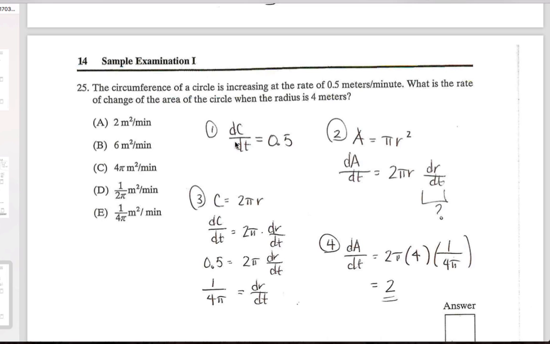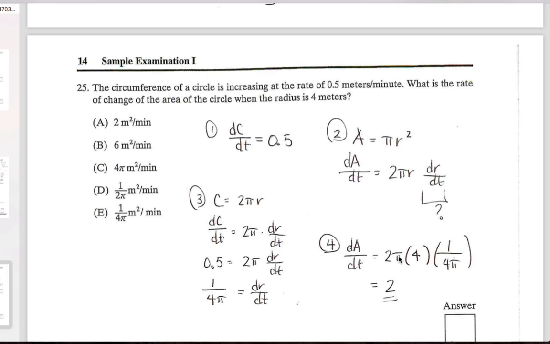Well, I go back to the piece of information that I had. I had something about circumference. Circumference equals 2 pi r. So dC dt, what is it? Because they give it to me. It is 2 pi times dr dt, right? And so that way I can solve for dr dt. Again, I don't have a calculator on this one, so I like to think of 0.5 as 1/2, because then I do 1/2 divided by 2, that's 1/4. Then this pi goes on the bottom also because I'm dividing by pi. So 1 over 4 pi is my dr dt.